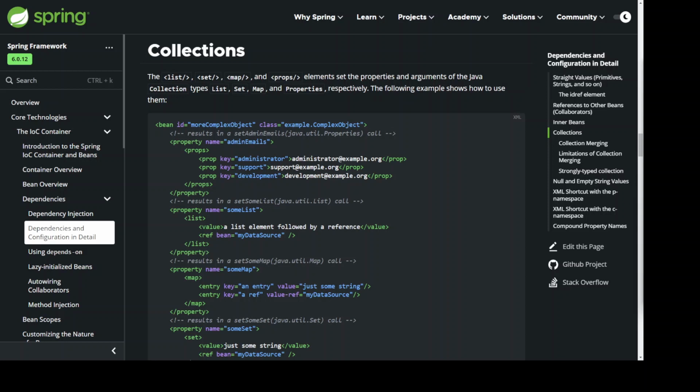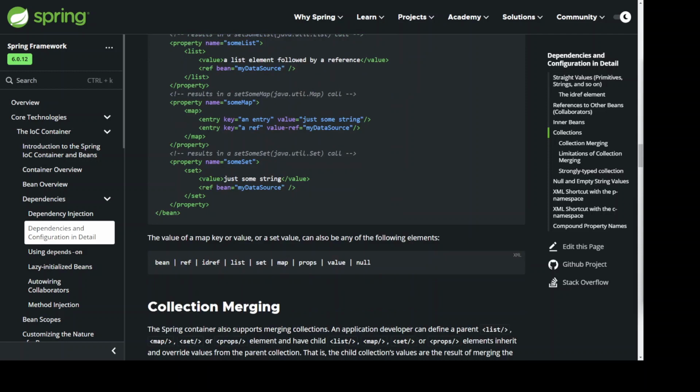</list> </property> <!-- results in a setSomeMap(java.util.Map) call --> <property name="someMap"> <map> <entry key="an entry" value="just some string"/> <entry key="a ref" value-ref="myDataSource"/> </map> </property> <!-- results in a setSomeSet(java.util.Set) call --> <property name="someSet"> <set> <value>just some string</value> <ref bean="myDataSource"/> </set> </property> </bean>